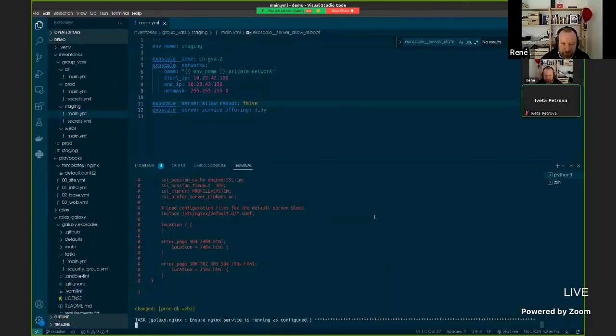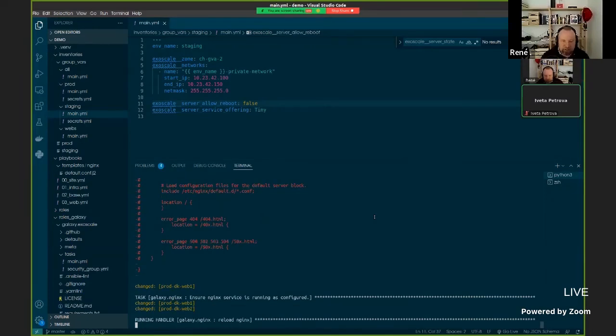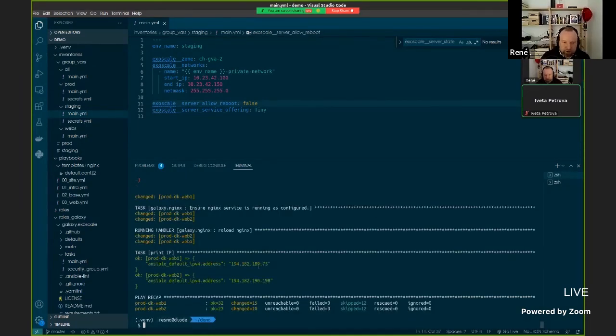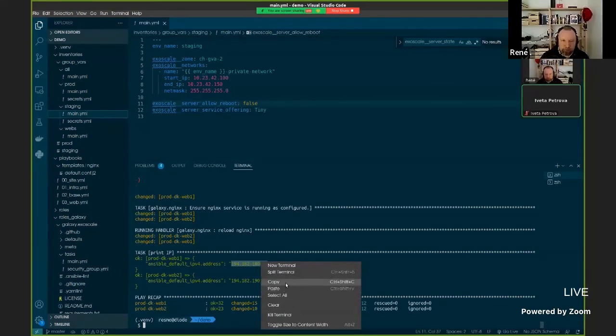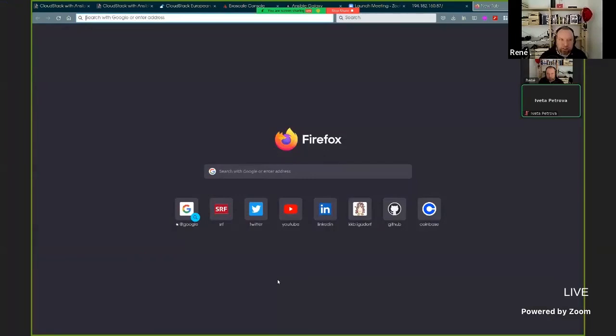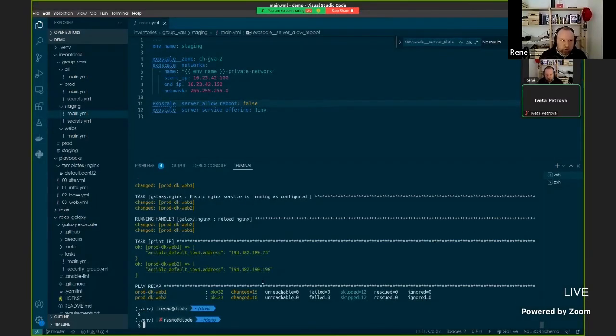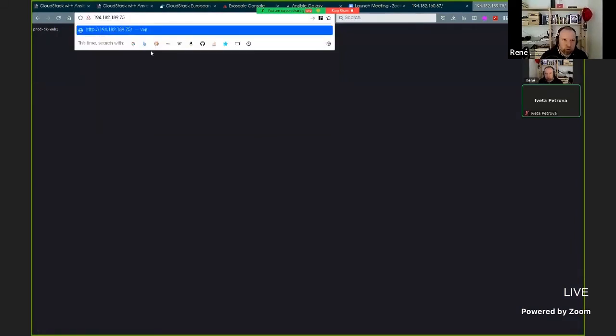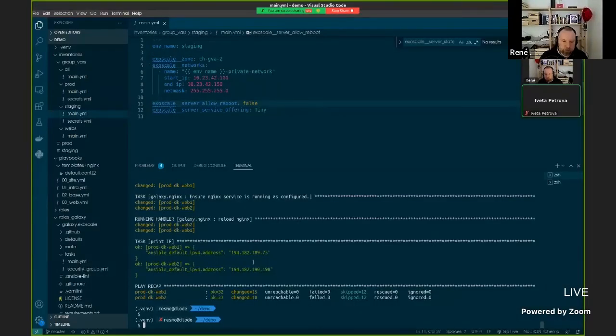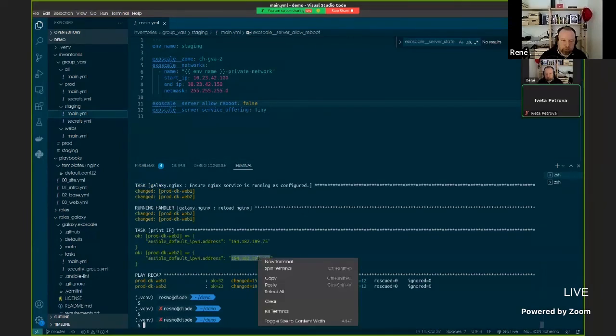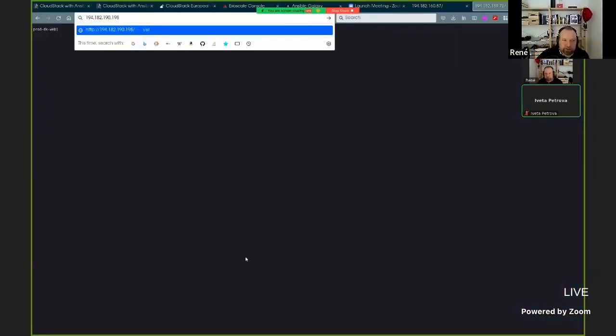So just 2 tasks, and we get the IPs. Let me copy them, and then if I open them, you see prod web 1 and prod... no, it didn't work. Copy again, the second one. So our infrastructure is deployed and running, and we can now go to our database.